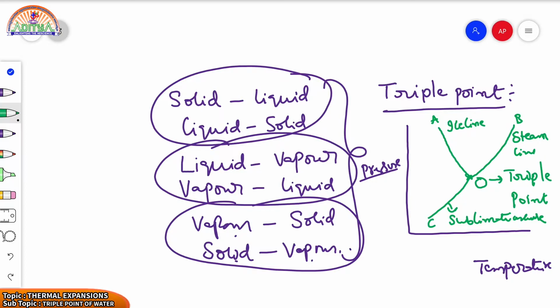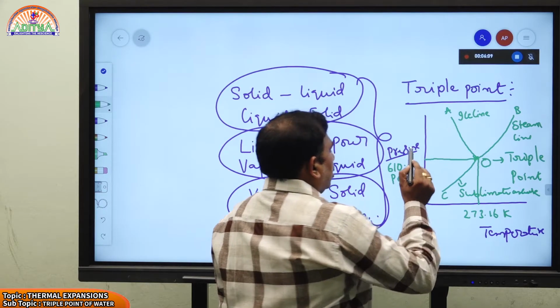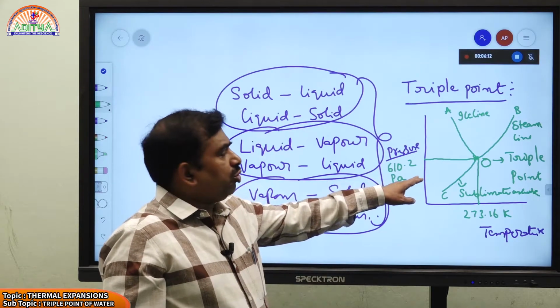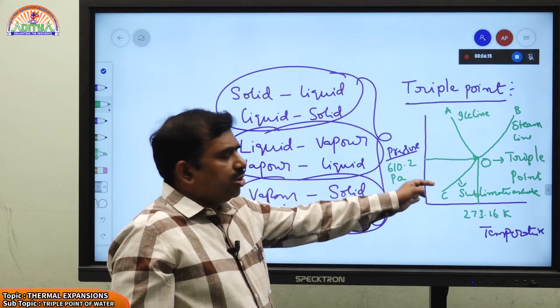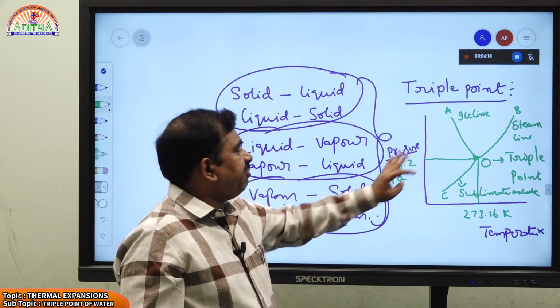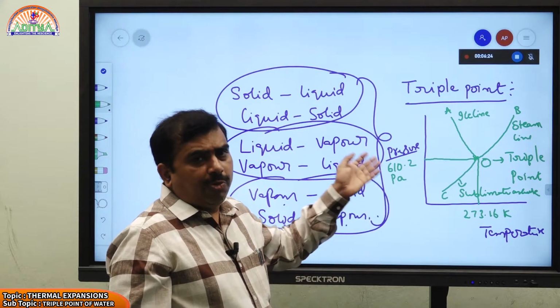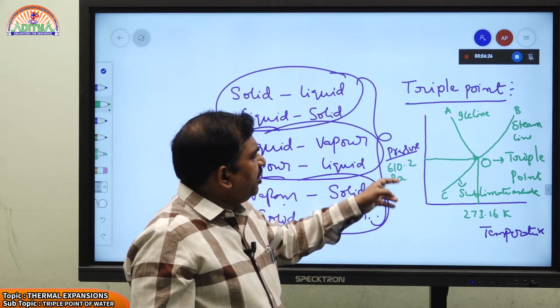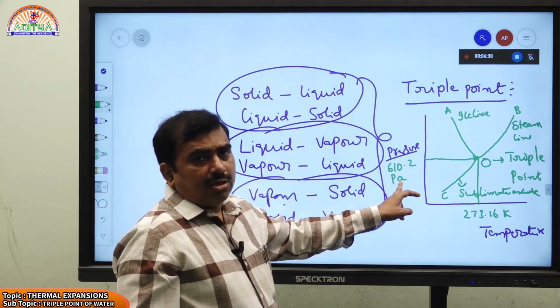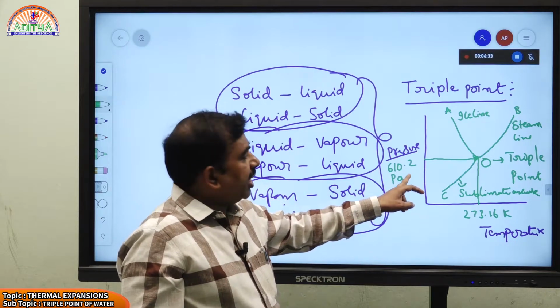Look, the left side of this ice line will be solid. Now look, these are the coordinates. This is 273.16 degrees Kelvin and this is approximately 610.2 Pascal. Maybe it is given in atmospheres also, 0.006 atmospheres. Of course, they may have different readings and different parameters of pressure. Generally in pascals it will be taken like this. Maybe in atmospheres 0.002 up to 0.006 it will take. But generally we take 610.2 Pascal as one of the units of pressure, as the coordinates of the